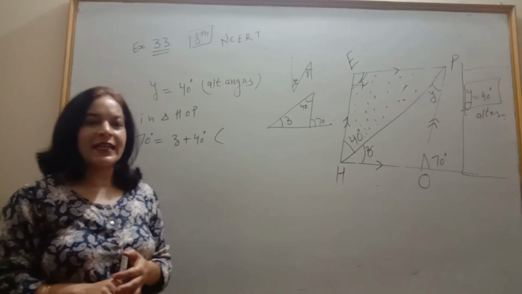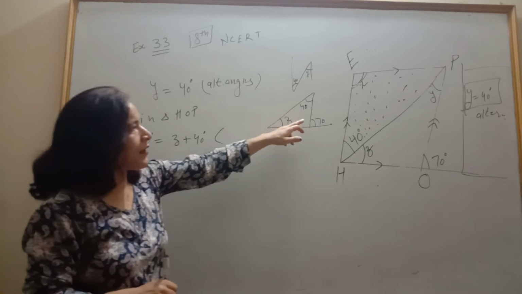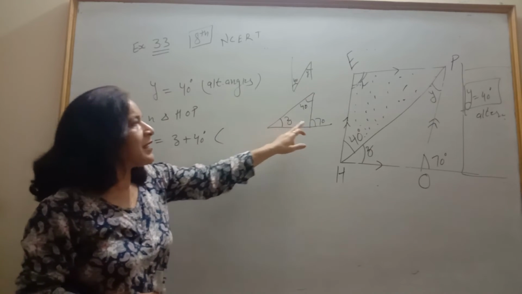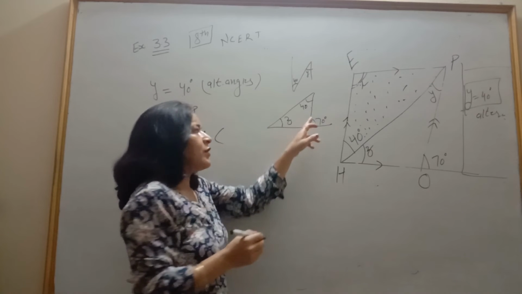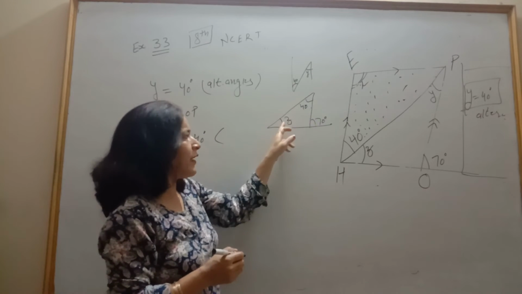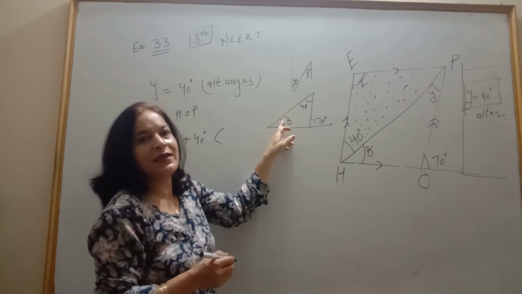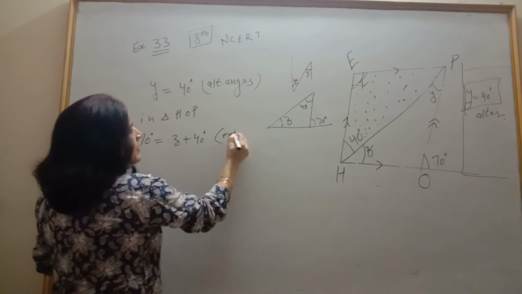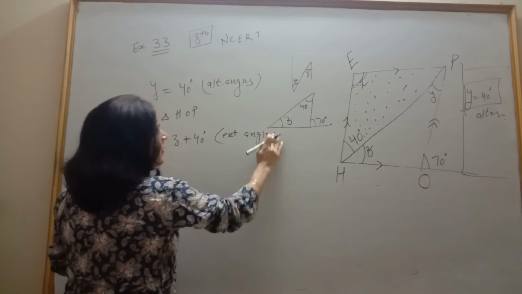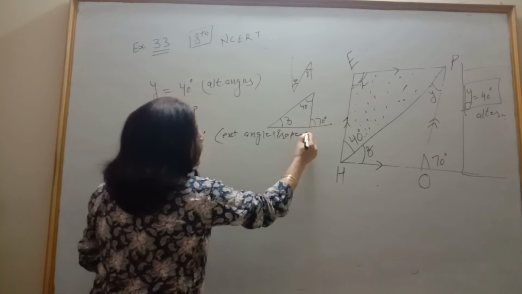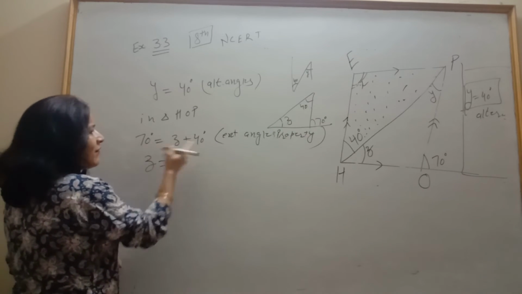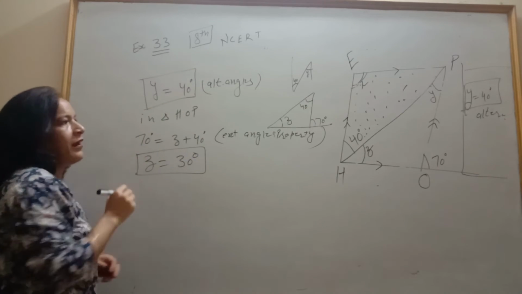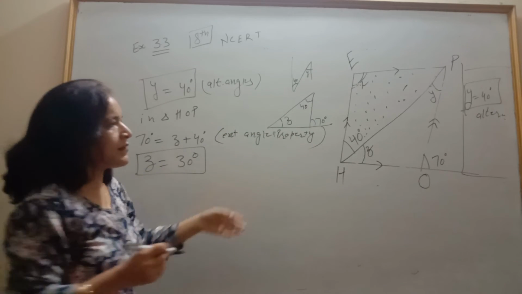Yes, tell me. Exterior angle property. In a triangle, the exterior angle is equal to the sum of the interior opposite angles. 70 is the exterior angle. So the exterior angle will be equal to the sum of the interior opposite angles. So 70 is equal to 40 plus Z. Exterior angle property. In this way, Z will be 70 minus 40, 30 degrees. You find Z, you find Y and X, in a similar way to which we did in the previous method.